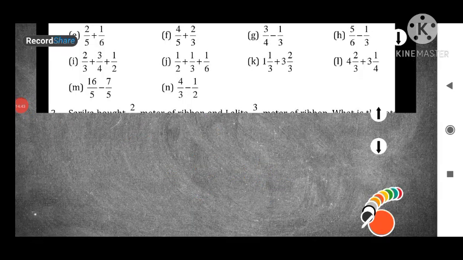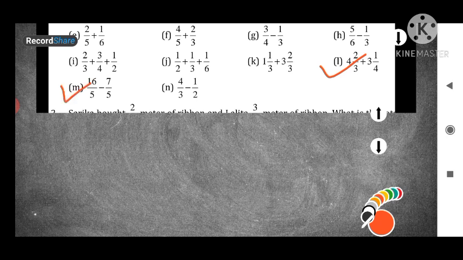So question number L, isn't it? L is your homework. So here also mixed fraction is given. First you will convert them into improper fraction. After it you will use the same process. If they are unlike terms, then we have to take LCM, and if they are like terms, their denominators are same, then we have to add directly. Now M is given in subtraction, so I will solve M.